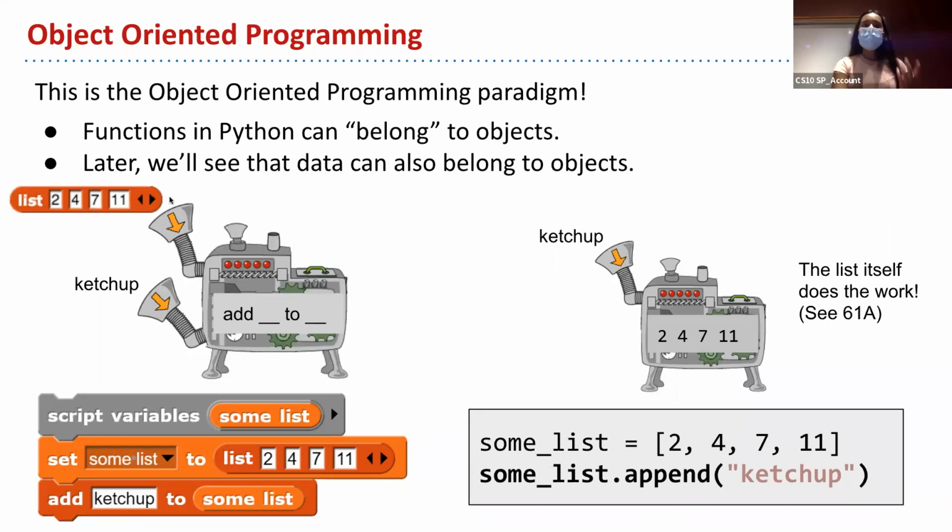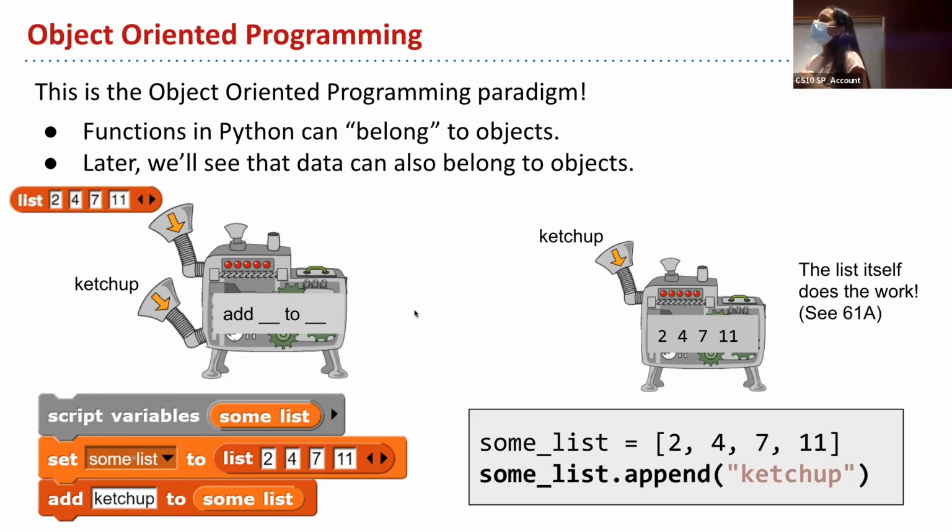So this is our Snap version. This is like our function, this machine, and it takes in two values. It takes in our list and the item that we want to add, and it does the computation of adding them and outputs that. Versus here, the function is owned by the object itself. The object in this case is a list, and the list object owns this dot append function, which allows you to add items to the end of the list. So it just takes in one input and adds it to itself. The list itself does the work of adding instead of an outside function doing that.